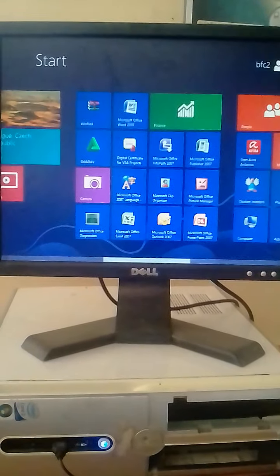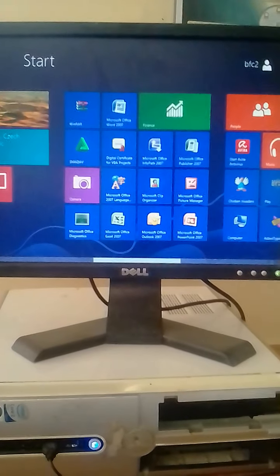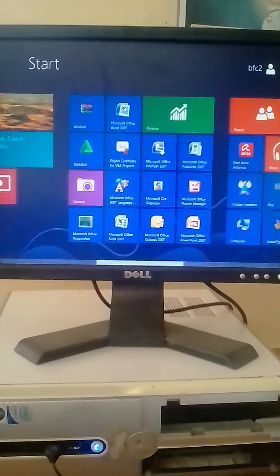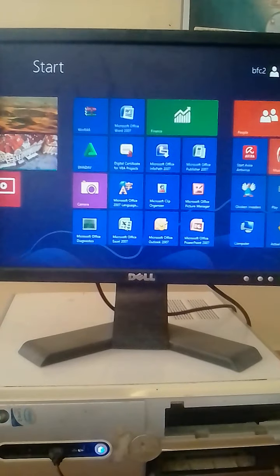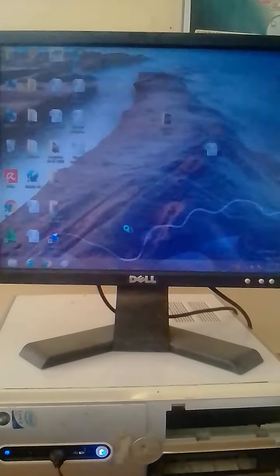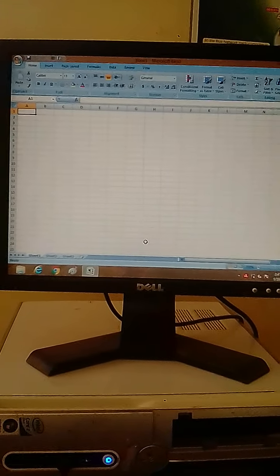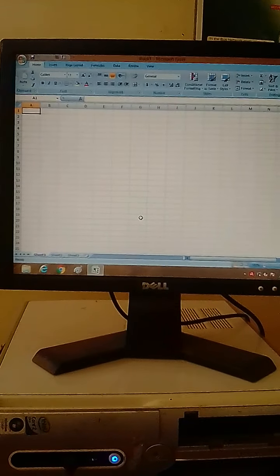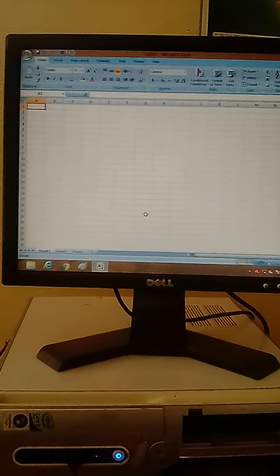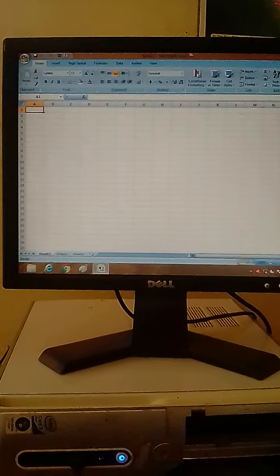Dear students, you see this file is of the Microsoft Excel program and we should click on it. So dear students, as we click on this file, Microsoft Excel opens in front of us